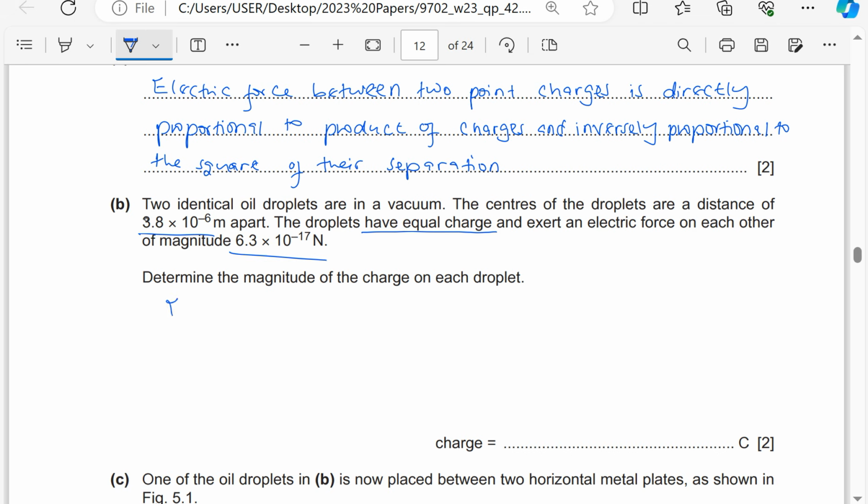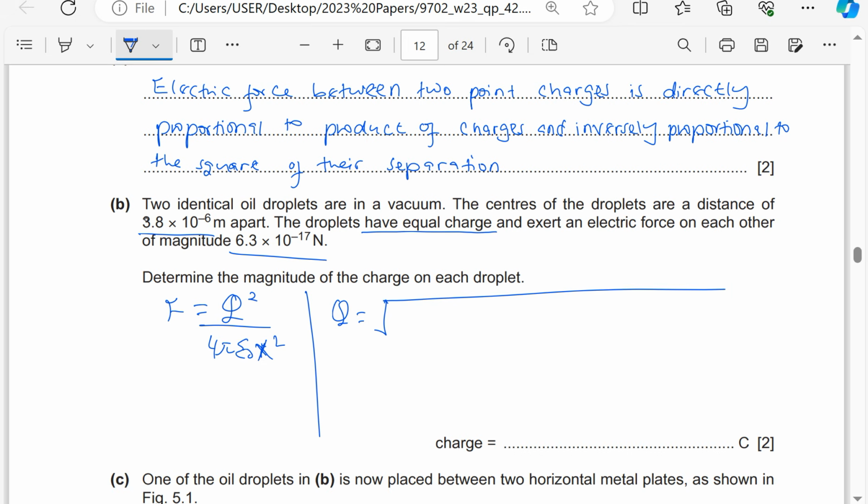So we have the force. We know that the force between two charges is the product of the charges. So it is Q times Q, which is Q squared, divided by 4 pi epsilon naught times the separation, which is x squared. That is according to Coulomb's law. I just want to make Q the subject. So Q is going to be the square root of F times 4 pi epsilon naught x squared,